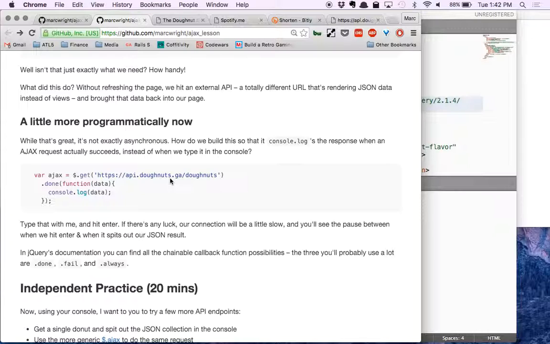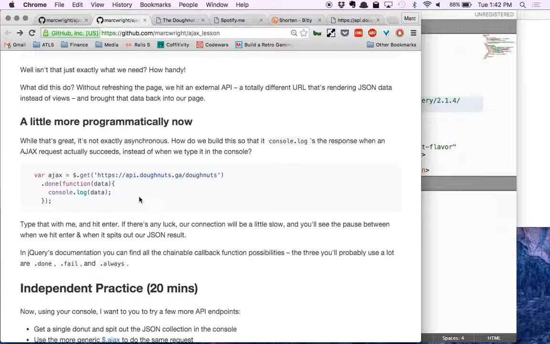One of them here is .done. There's also, for example, a .always. There's one more really common one that's escaping me right now, but since this is jQuery, there's several other methods that we can use. So this is an example of using kind of a callback for that asynchronous nature,